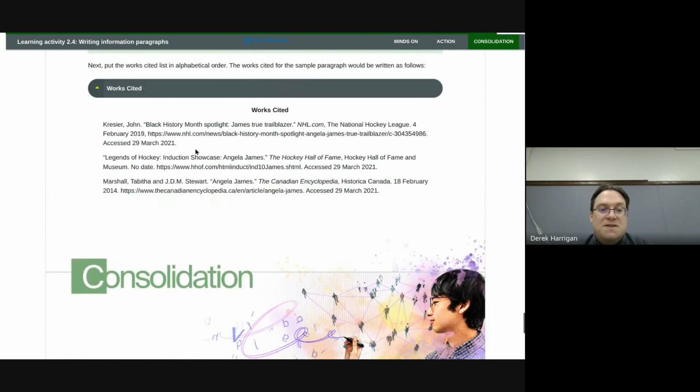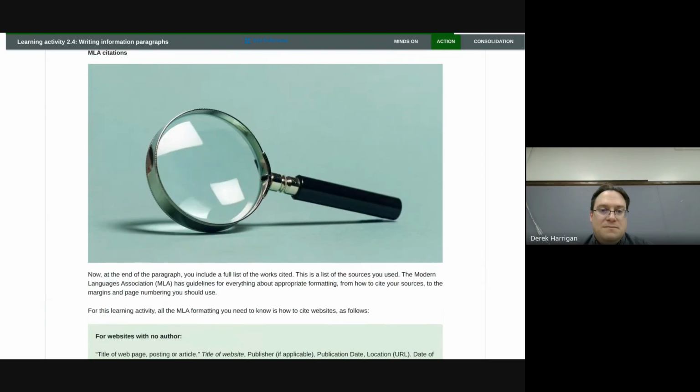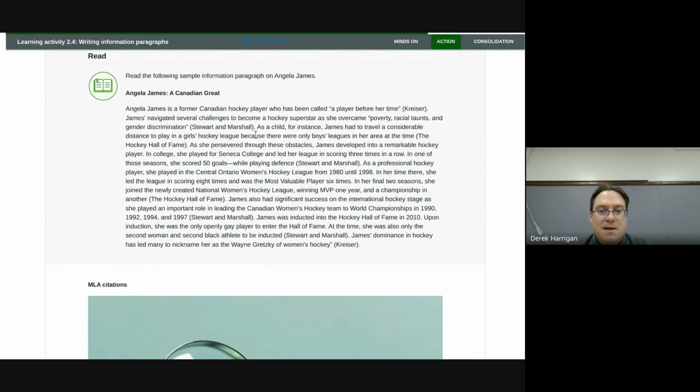And then you'll see examples of a works cited page, a listing of citations here for this paragraph right here. So all the sources that were used, Stewart and Marshall, the Hockey Hall of Fame,